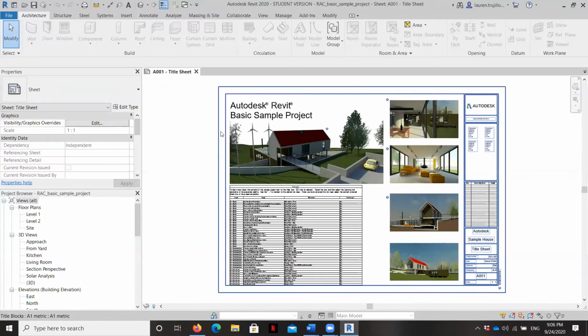But it doesn't ever have a physical three-dimensional shape associated with it. And so they're really two different animals when you compare Revit and AutoCAD and how they think about a project.